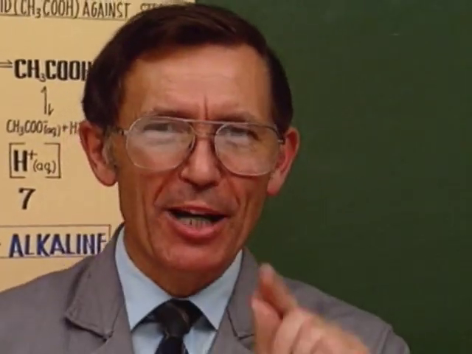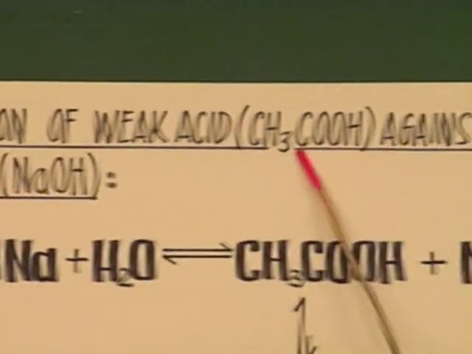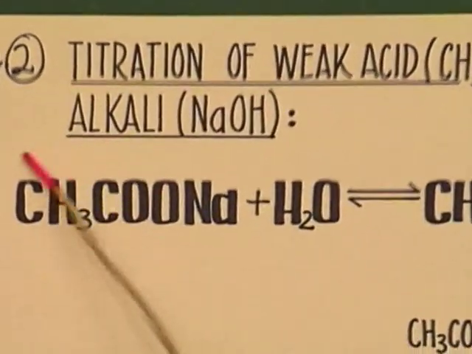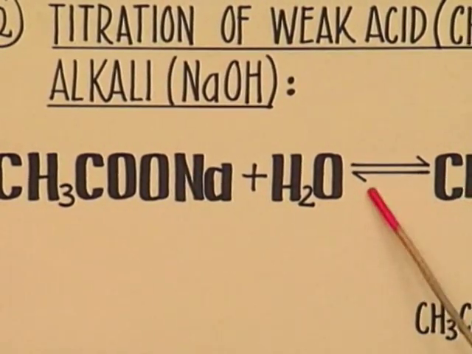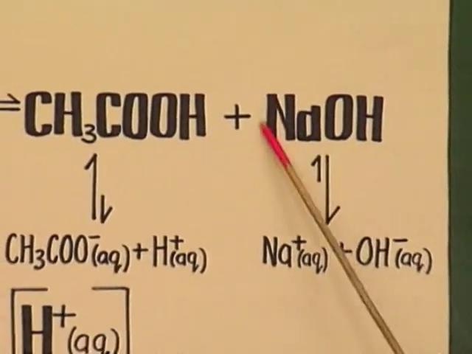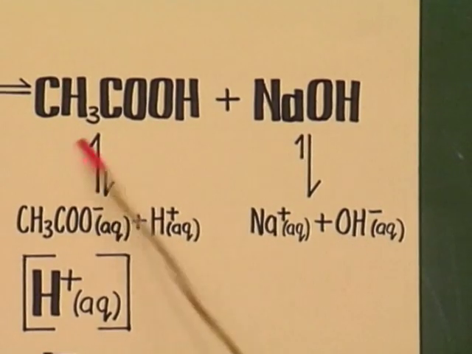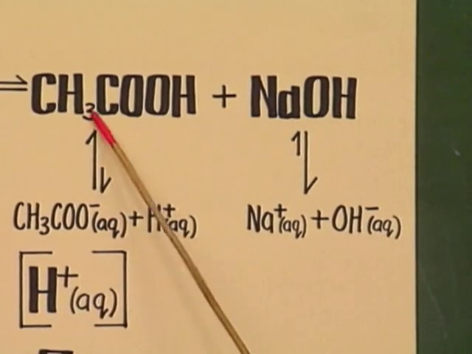What happens if we titrate a weak acid against a strong alkali? Let us look at the titration of the weak acid, acetic acid, also called ethanoic acid, against a strong alkali, caustic soda. The salt produced in this case is sodium acetate, which reacts with water, or gets hydrolyzed, to produce the original acids, acetic acid and sodium hydroxide. Now, since acetic acid is a weak acid, it only dissociates to a minute extent, and the equilibrium lies far to the left,